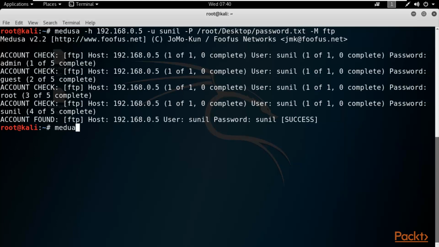So you can type here Medusa dash h, now IP address of Windows, which is 192.168.0.5. So here I'm providing you a second technique where you have no idea about username. So you have the list of username as well as password. So after that, dash capital U, right? It was small u, but if you are providing a list here, then you can make it capital. After that, provide the path of username, which is /root/Desktop/username.txt,